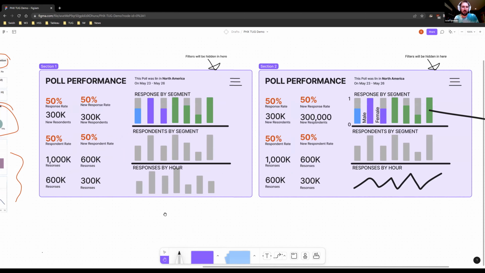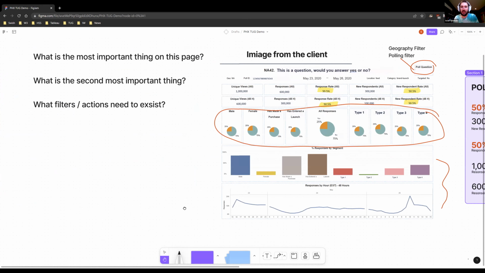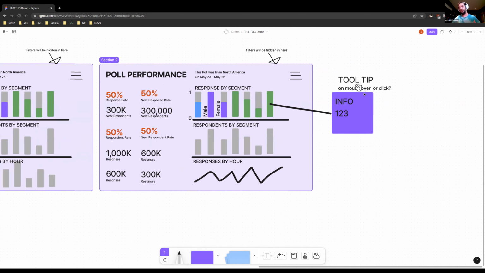That was one of the questions that I had for the development: what filters or actions need to exist here. If a click action needs to be in this dashboard, then we want to define how that appears. Because a lot of the times this might not be enough information. We might want to cram extra stuff into the marks on the page.